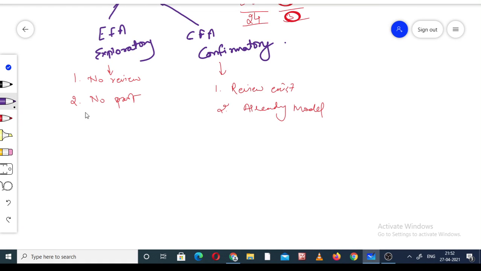In case of the EFA, generally we use the SPSS software, and in case of the CFA we use the AMOS. So we are talking about the CFA, where a review exists and already a model is there, so we use the AMOS.